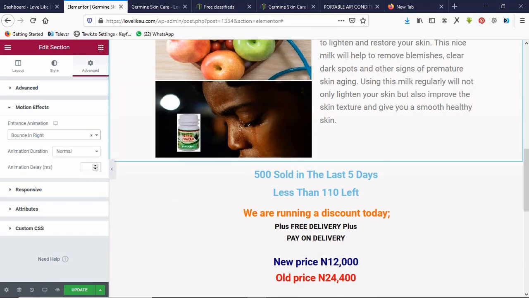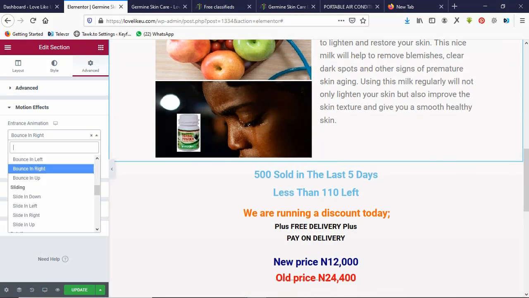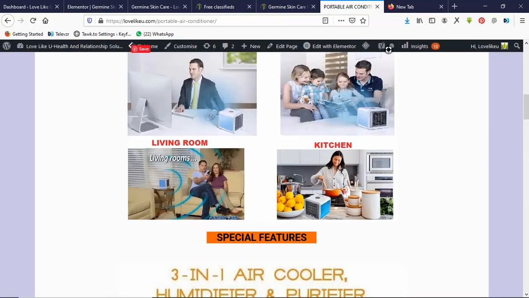You choose different animation. You can see different animation here. You choose the one that fits okay for you. So click on save. So the next thing I want us to add here is